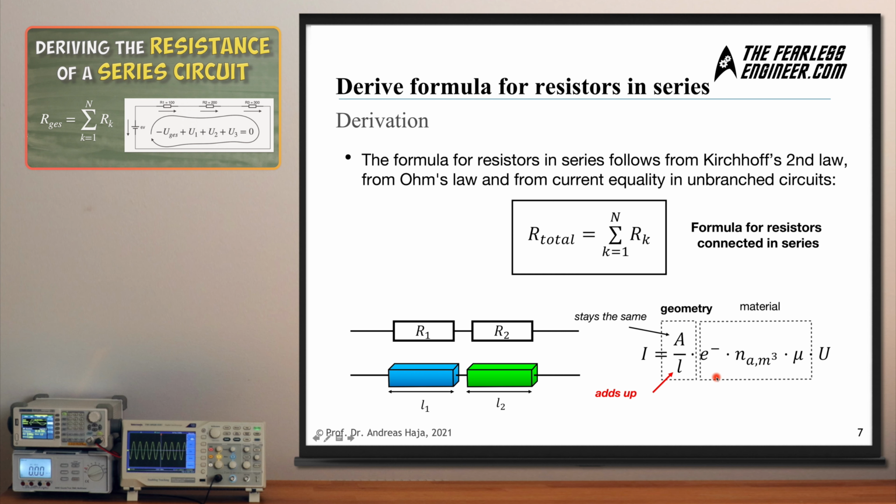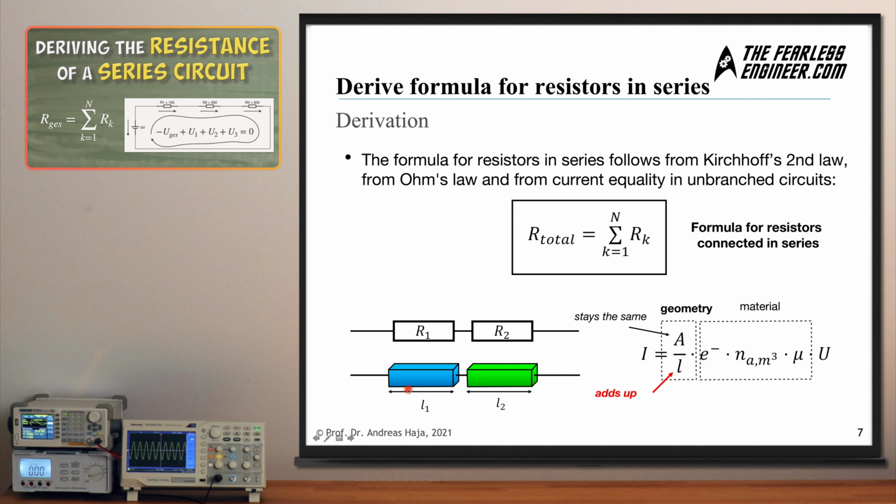conglomerate of parameters here. On the left, you have some geometric parameters, cross-section area and length, and on the right, you have some material properties, and these cause a difference between, let's say, copper and aluminum, but we are now looking at simply the geometrical properties. So the cross-section area for the charges passing through the resistors stays the same. It does not change from the perspective of the resistance value of the charges, but the length, of course, for